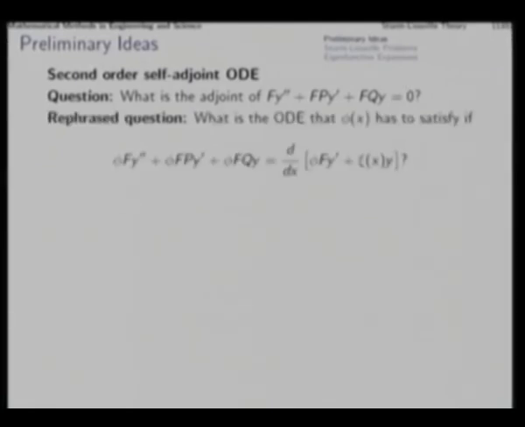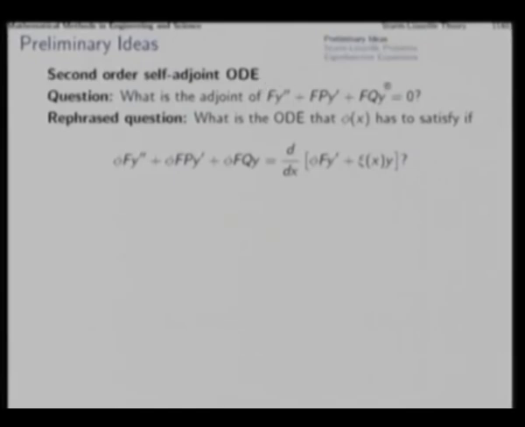So, we rephrase this question. When we want to find out what the adjoint of this is, if we can look for the differential equation which the adjoint has to satisfy, then we have reached some level of answering this question. So, we rephrase the question and say: what is the ODE that phi has to satisfy